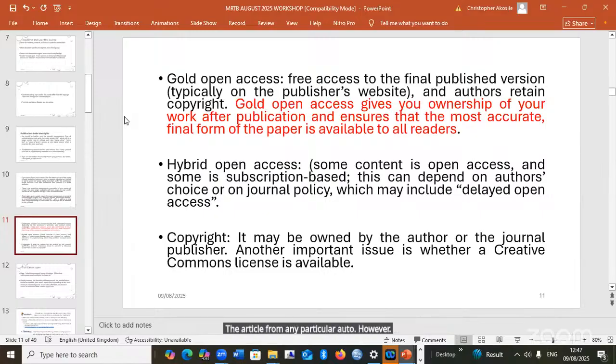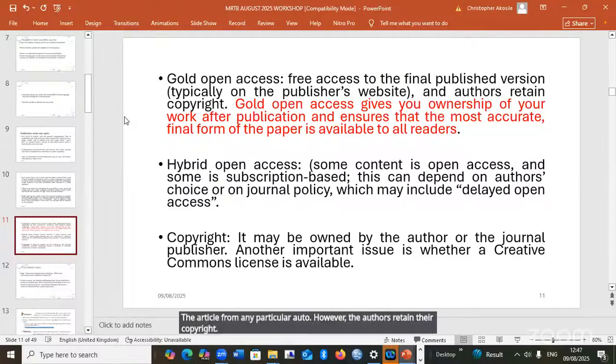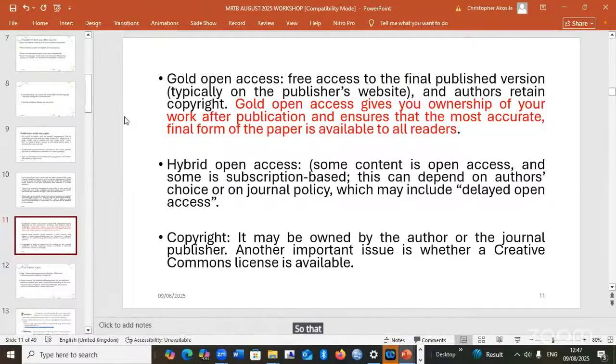However, the authors retain their copyright, so that anything to be gained from that work must come to you as the author. Gold open access gives you, as an author, ownership of your work after publication, but it also ensures that the most accurate final form of the paper is available to all the readers.